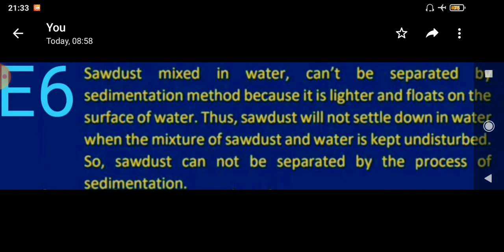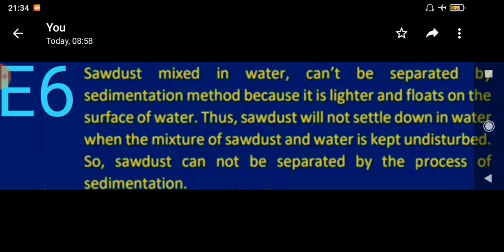The sixth question is, sawdust mixed in water cannot be separated by the sedimentation method. Why? सॉडस्ट मतलब बेटा लकड़ी का बूरा. आपने देखा होगा कि whenever people cut the wood with the help of a saw, तो उसमें से एक पाउडर टाइप का जो रहता है सब्सटेंस वो आउट होता है. उसे हम हिंदी में लकड़ी का बूरा कहते हैं और इंग्लिश में सॉडस्ट कहते हैं. तो when you mix this with water, because it's very light, it doesn't get mixed, और ये ऊपर ही अपर लेयर पे ही स्टेबल रहता है, it doesn't go inside. So why does it happen?